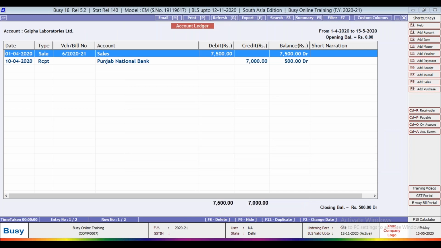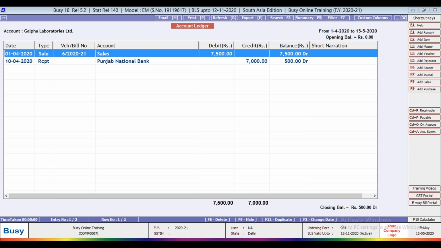So at the time of the sale invoice, the dollar conversion rate is 75 rupees. But at the time of receipt, it has reduced to 70 rupees. So there is a loss for us, 500 rupees, according to the dollar reducing rate. I have a loss of 500 rupees.